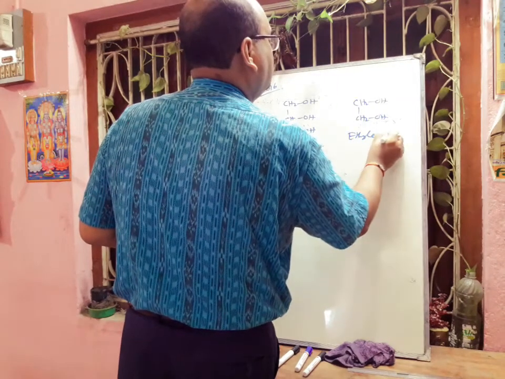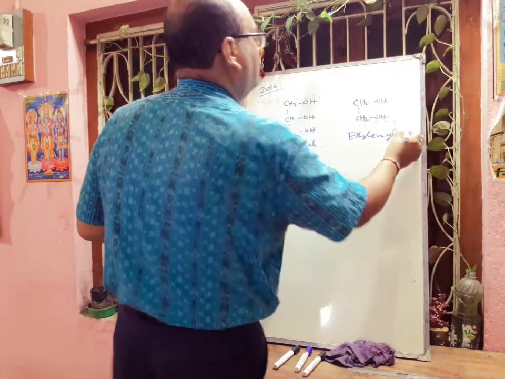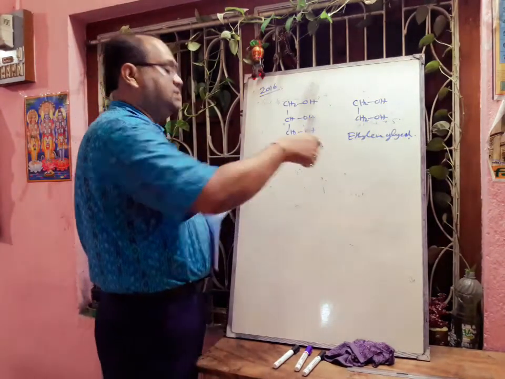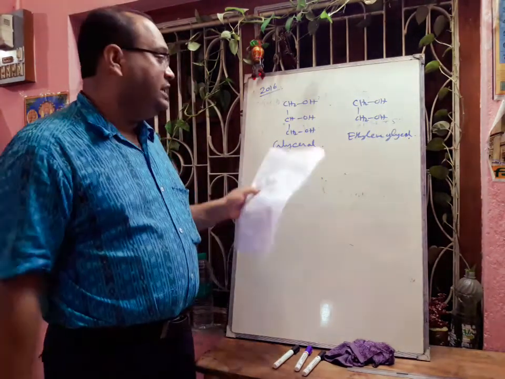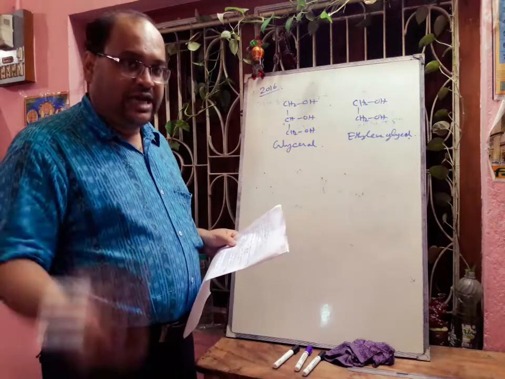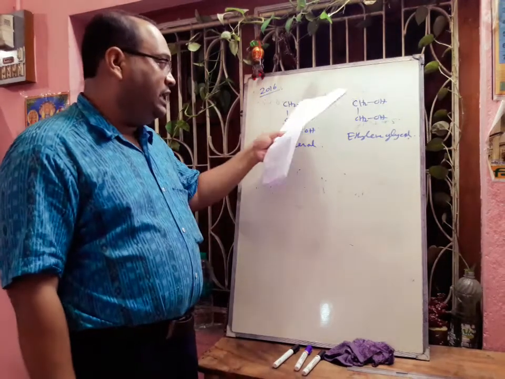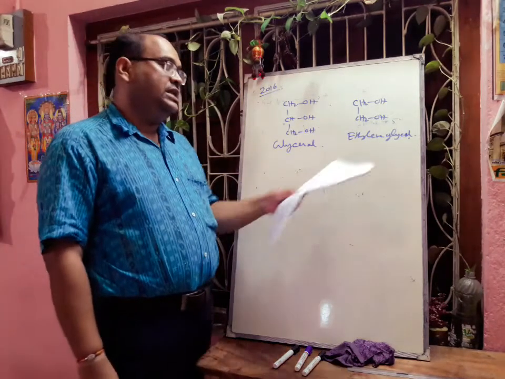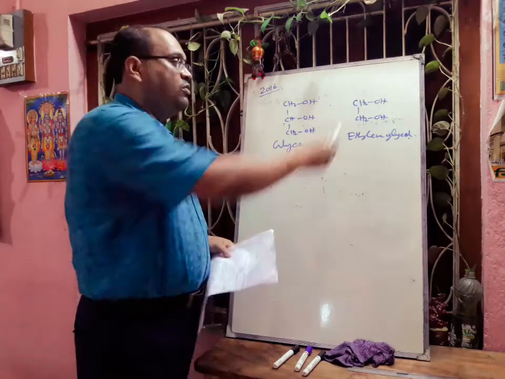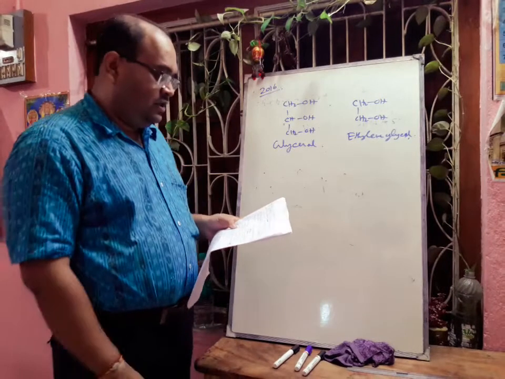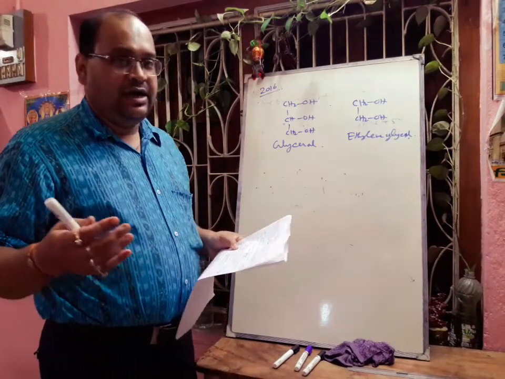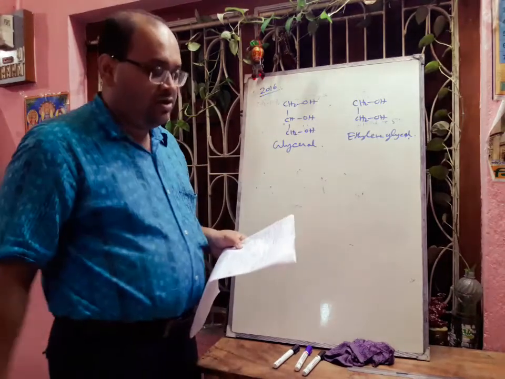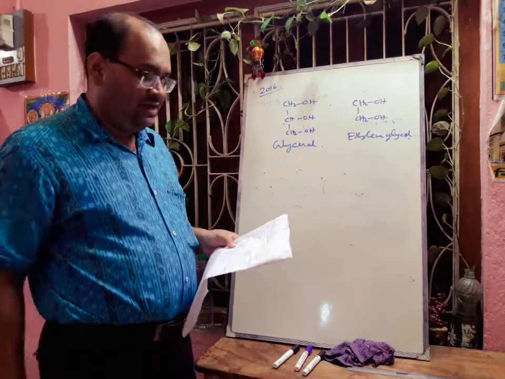Ethylene glycol. Now the question is, which one is more viscous? It is given that glycerol is more viscous compared to ethylene glycol. Actually, glycerol is a trihydroxy alcohol, and here 3 OH groups are present, but in case of ethylene glycol only 2 OH groups are present. So if we think about the extent of hydrogen bonding, that will be greater in case of glycerol, or you can say that degree of molecular association through